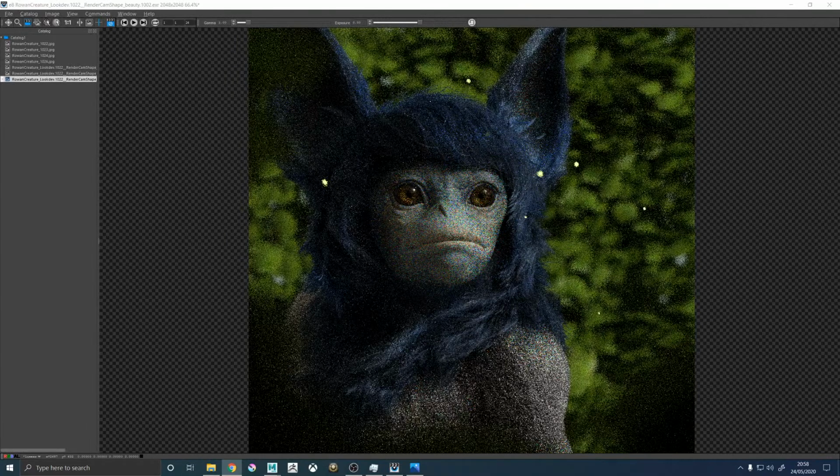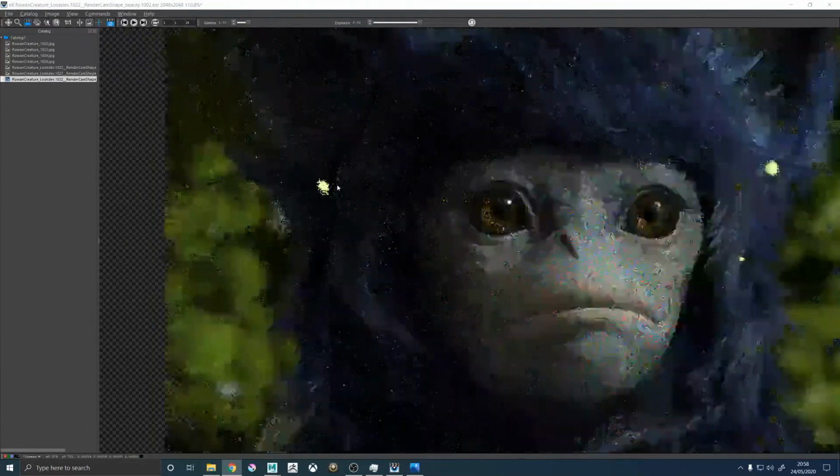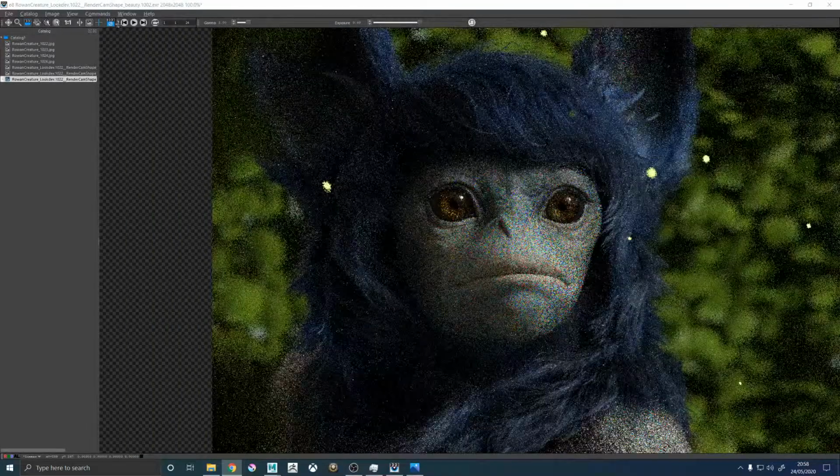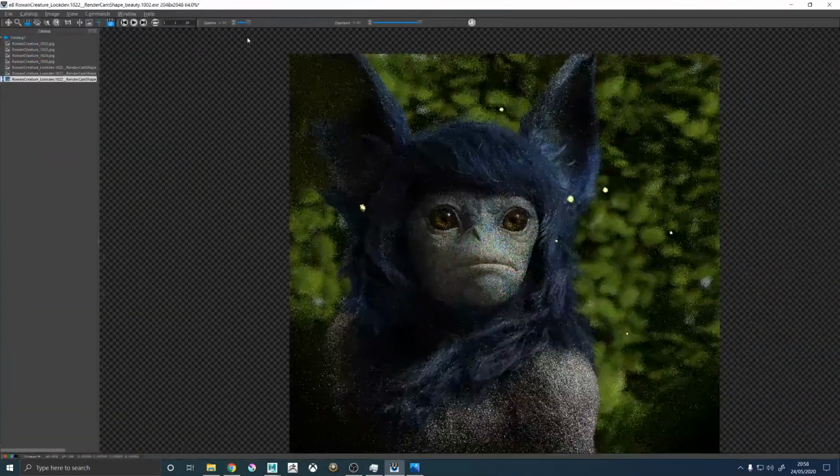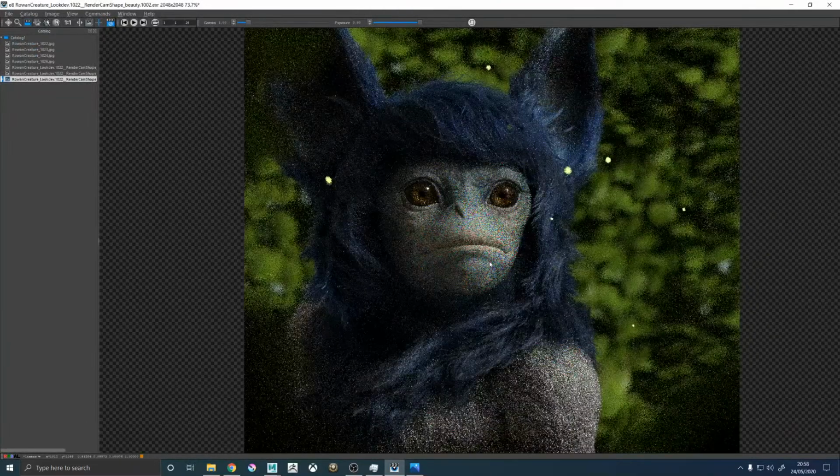Why is it not rendering the motion blur? Am I on the wrong frame? I think I'm on the wrong frame. Frame 102, yeah, I am. I'm just gonna let it refine. I don't need the motion blur. But yeah, so